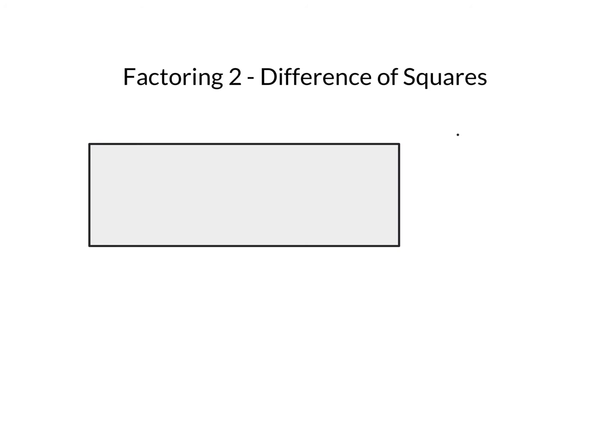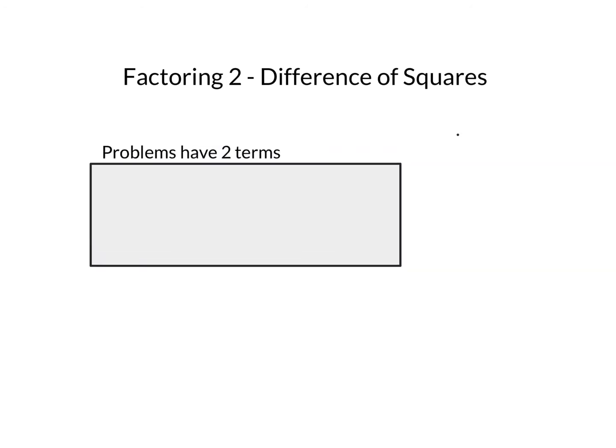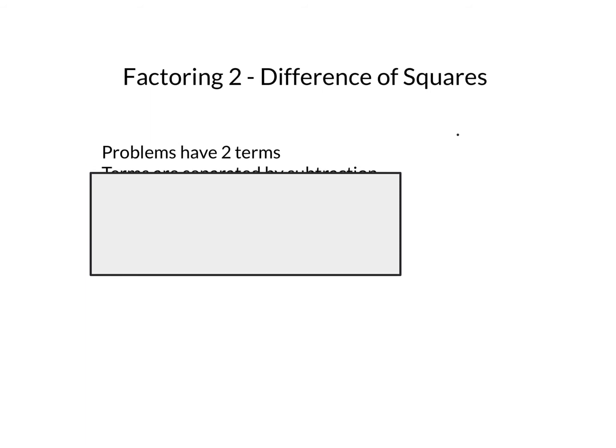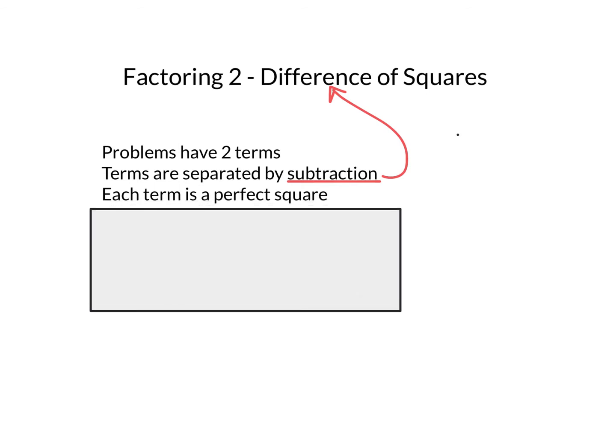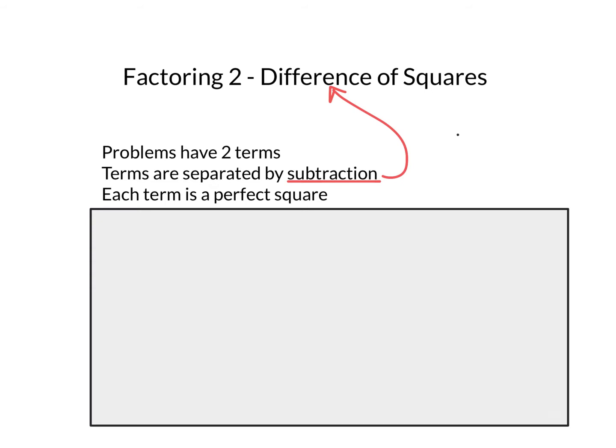So a few things. This name actually means something. So the first thing is we do this when problems have two terms. The next thing that you need to make a note of is that terms are separated by subtraction. So that is why we call it difference of squares, because difference means subtraction. So notice that this pattern is not going to work if the terms are separated with a plus sign, and I will give you an example of that here in a minute. And then lastly, each term that we are given is a perfect square,